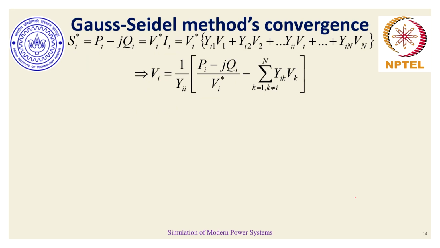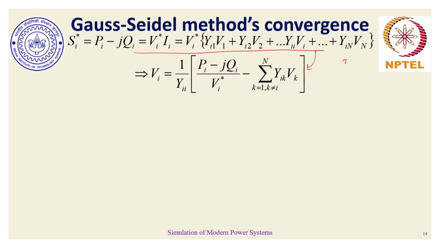The next slide will talk a bit about the convergence of the Gauss-Seidel method, how good or bad the convergence behavior of the Gauss-Seidel method is. We have understood that this complex equation gets rewritten into a particular form where Gauss-Seidel works well for this form of voltage updates. So what we would do is, let us choose